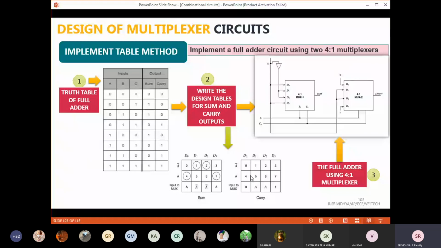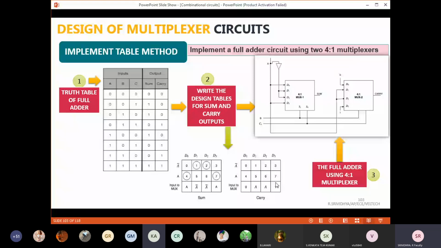In the second column, 5 is going to be circled. So it is corresponding to A. And in the third column, 6 is going to be circled. It is corresponding to A. And in the last column, your 3 as well as 7 is going to be circled. So if both are circled, the output is going to be 1. Once again, I'm going to repeat. If both are circled, the output is 1. If only one is circled, then you write the corresponding value. If nothing is circled, you will put it as 0. Are you all clear?